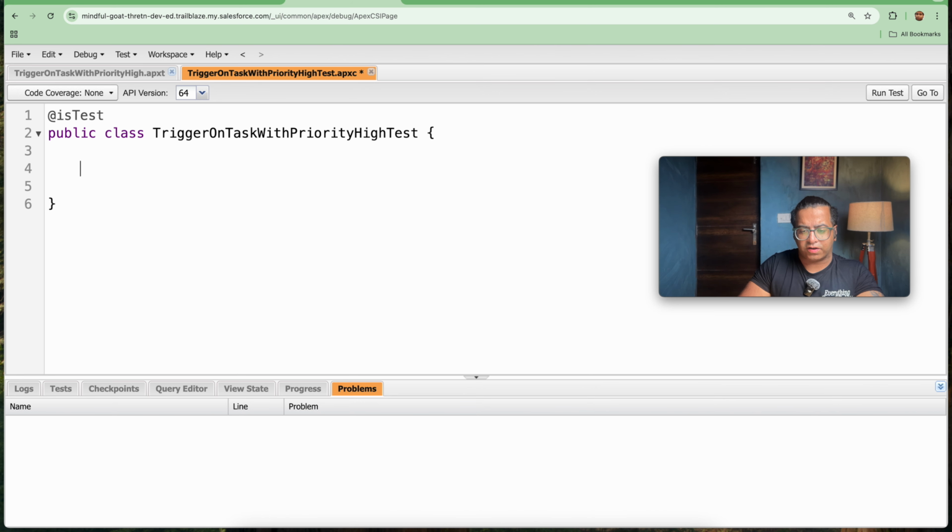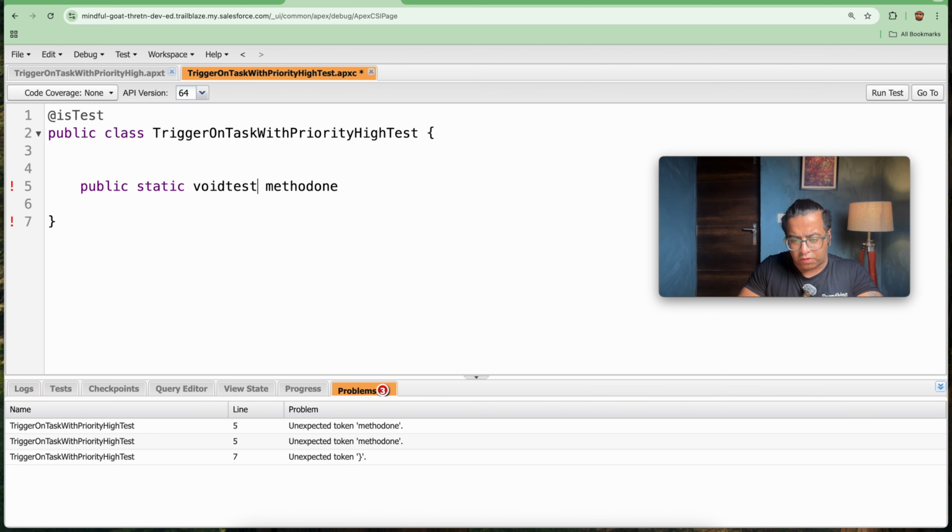So now I will write public static void testMethod1. This is the method name, and above this method I will be writing @isTest.